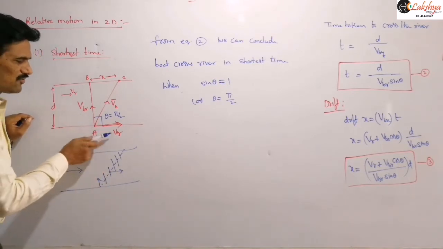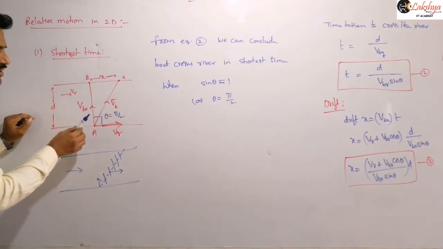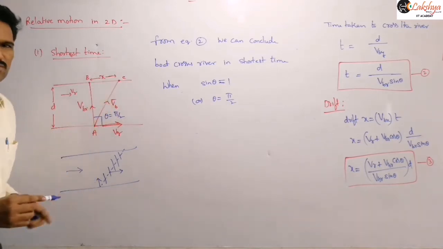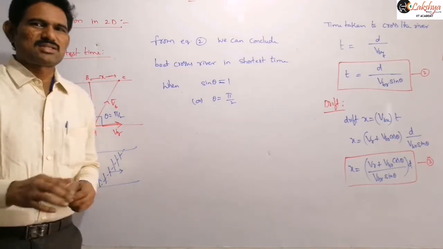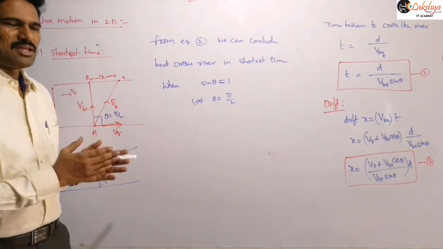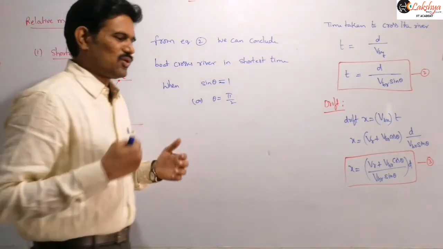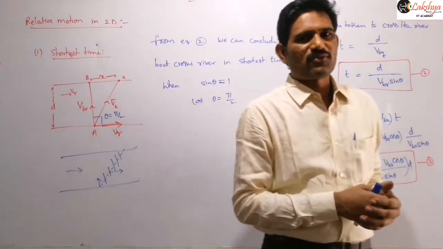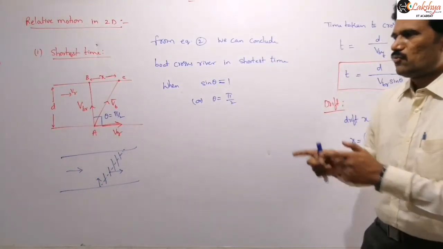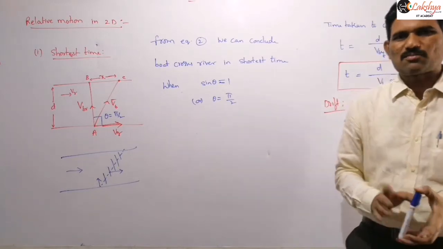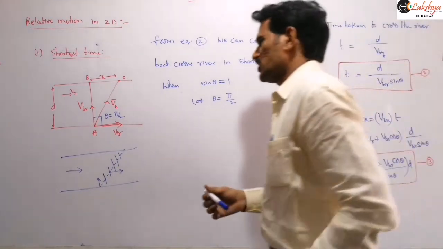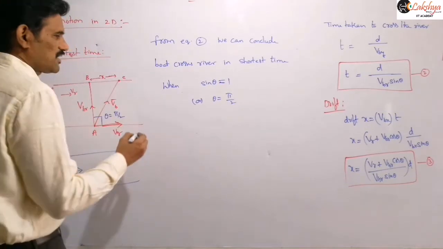So the VBR and VR are always perpendicular here, but VB value will be like this. So that is the case here. That means whenever such a sentence is there, boat maintains itself normal to the direction of the river flow, or the person swimmer keeps himself normal to the direction of the river flow, means we need to consider that case as the shortest time case. So in this shortest time case, therefore we can write this minimum time expression as,